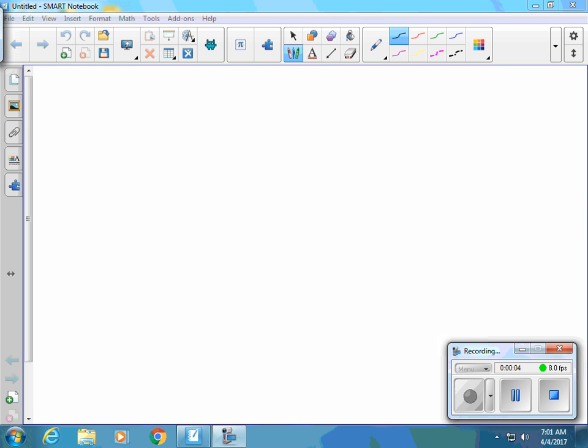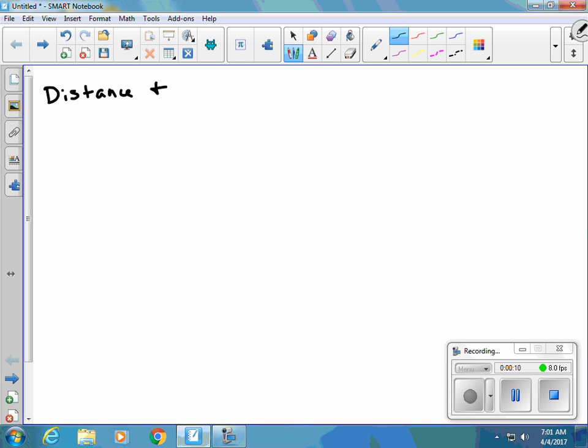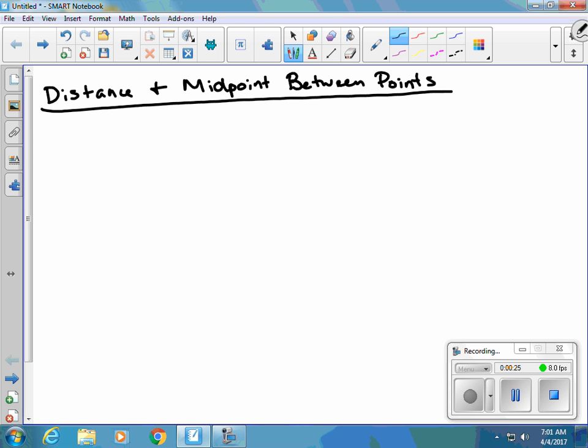If you're on the coordinate plane, you can find the distance as well as the midpoint of a segment or between those 2 points. We're going to work with the distance first. So if we're given 2 coordinates,